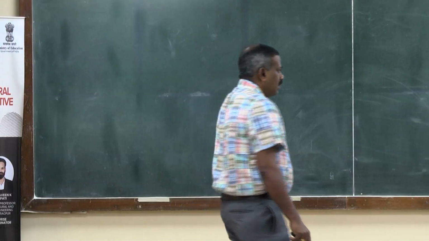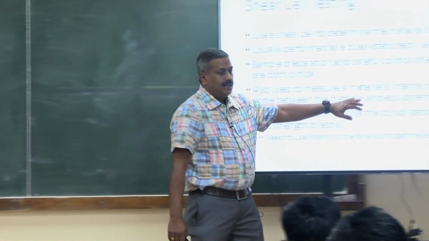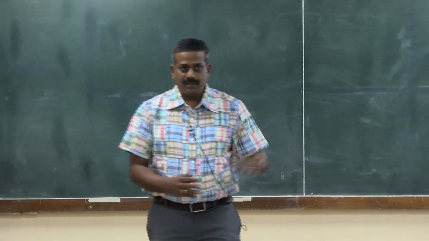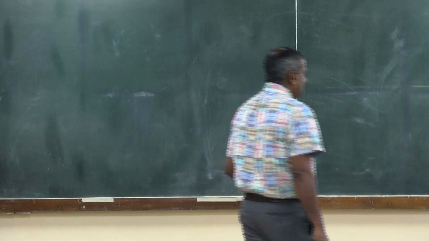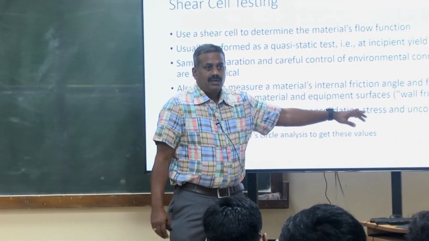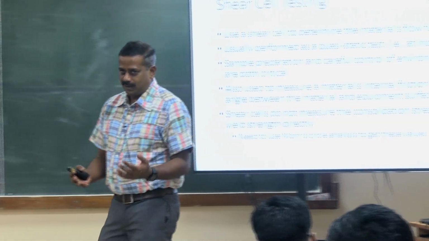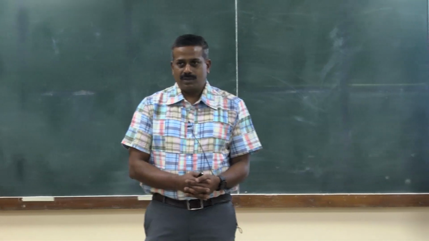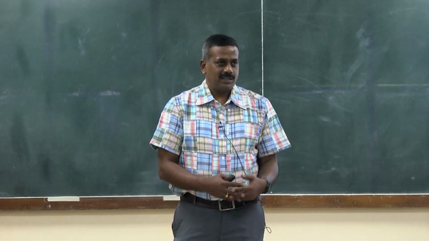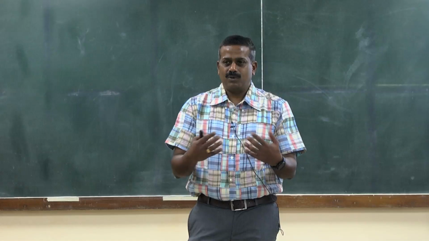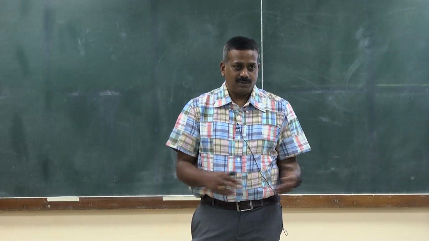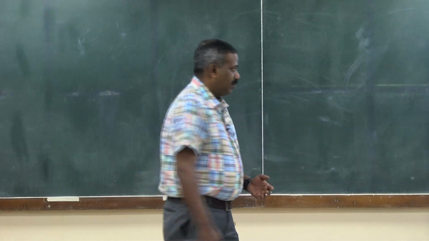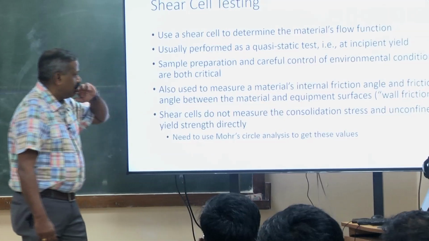Shear cell testing helps with calculating the angle of internal friction. That's a derived property. This is not the coefficient of friction, but it is a derived property, and it also helps us calculate the wall behavior. How does a powder interact with different wall materials? If you're storing powder in an aluminum bin compared to a stainless steel bin, how does it affect the flow properties? Their friction properties and strength will be different, right? You can take aluminum, stainless steel or any other type of steel, and the property changes. So again, it helps with